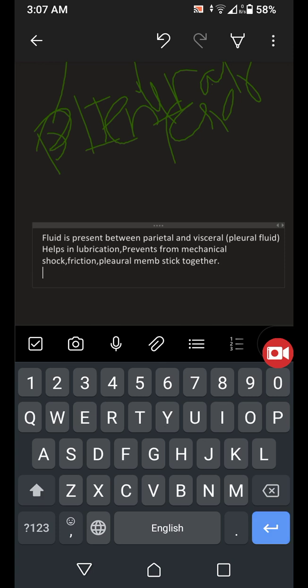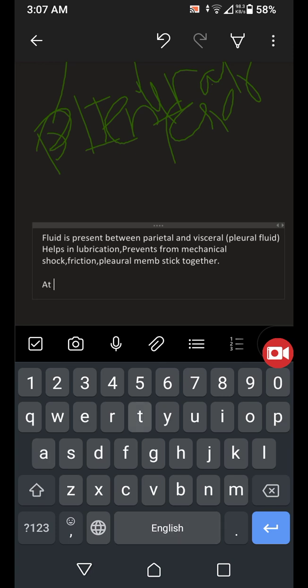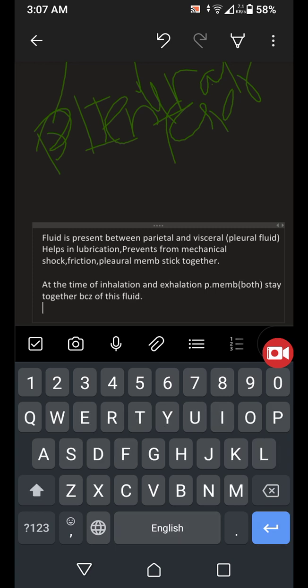Basically, at the time of inhalation and exhalation, the pleural membrane, both visceral and parietal, stay together just because of this pleural fluid. Okay, and